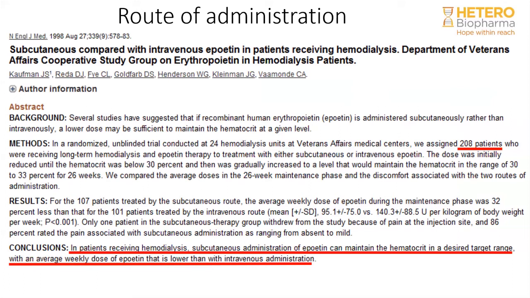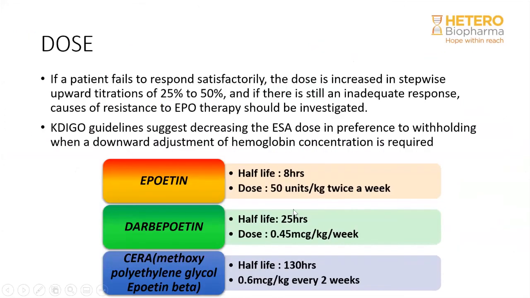A simple conversion table. Normally you try to start with a dose per kg. So with erythropoietin, you start with 50 units per kg, and with darbepoetin, you start with 0.4 microgram per kg per week. This is the initial dose, but if the response is not great, and by response I mean there should be a rise in hemoglobin of 0.5 to 1 gram per deciliter per month, and the rise is not adequate in an iron replete patient, then you up-titrate. You initially go up by 25% and then by 50%. Never try to go up by more than 2 times the body weight dosing. So the cap is 2 times the body weight dose.